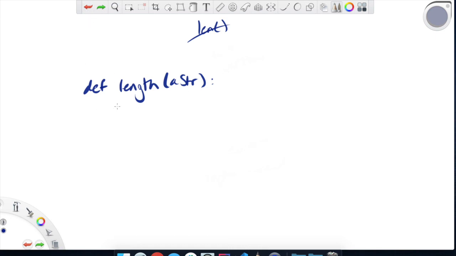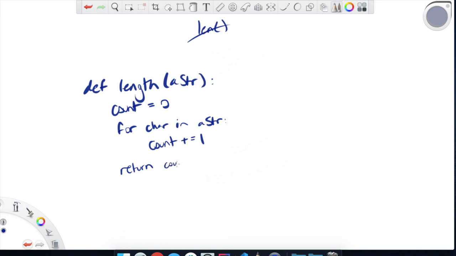So let's just say count equals 0, and then for car in aster, I'll just say count plus equals 1. And then at the very end, return count. Now, if we wanted to do this recursively, the key thing to keep in mind is that we